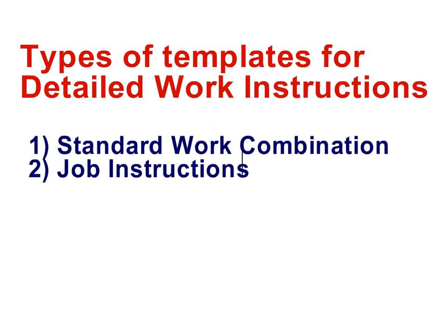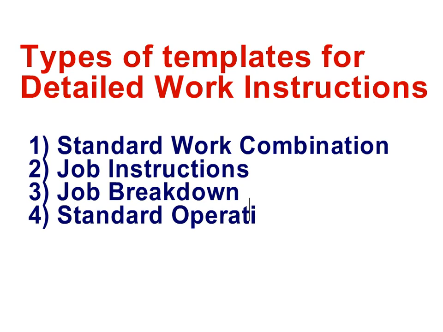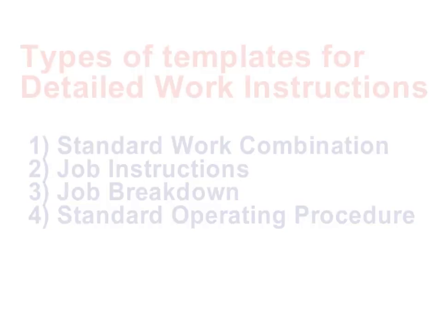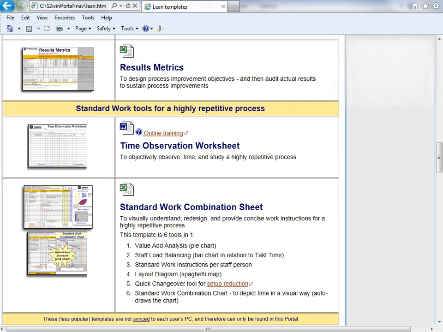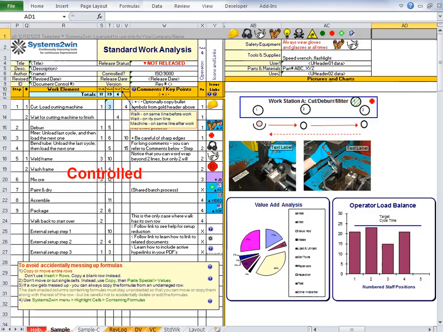Now, if you've got a simple process, then you can really use any one of these types of templates for detailed work instructions. But if there's any chance that someday in the future you might divvy up the work between multiple operators, then it's almost always your best choice to choose the standard work combination sheet to serve as the overarching document to show the interrelationship between the work elements for the entire process. This is where you can do your operator load balancing to reallocate work between workers.